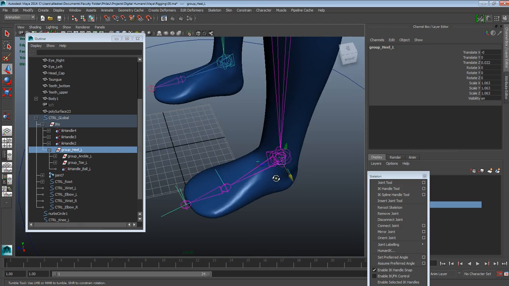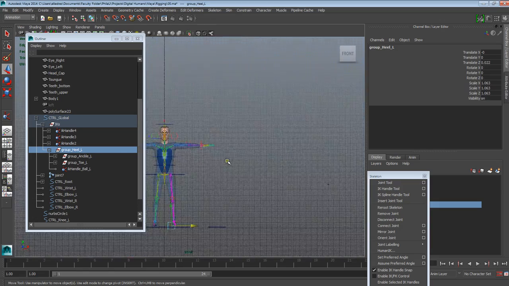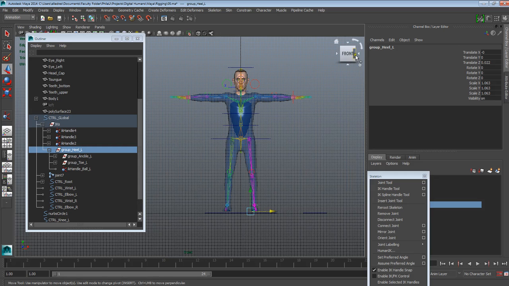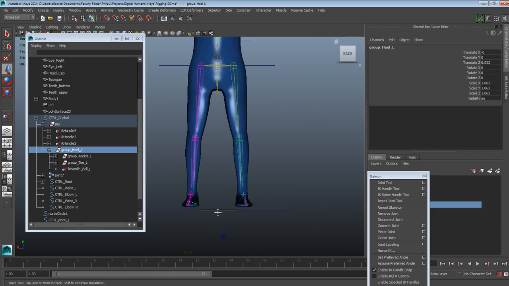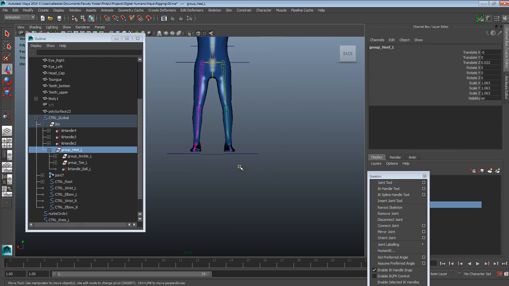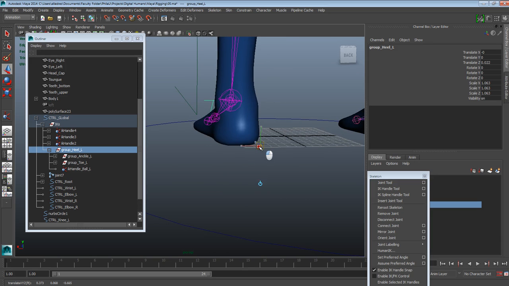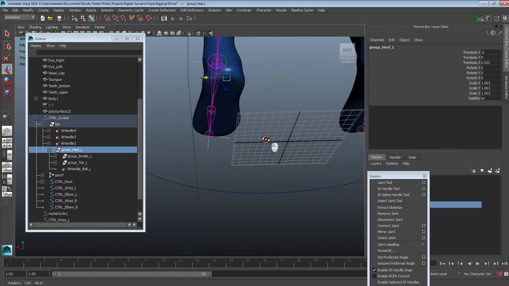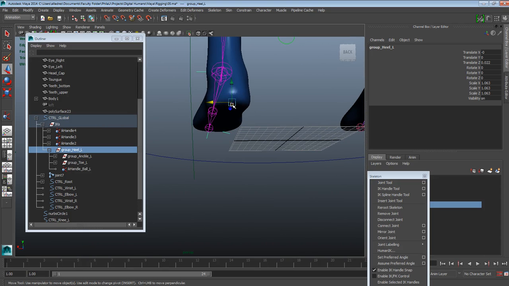And let's go into perspective and see where that ended up. Again, not right yet, so let's just go to the front. Let's just turn this around a bit, get to the back and just try to move this more to the center here. Okay, so something along the lines of there. Again, as long as it's kind of pivoting at the heel of the foot. Okay,